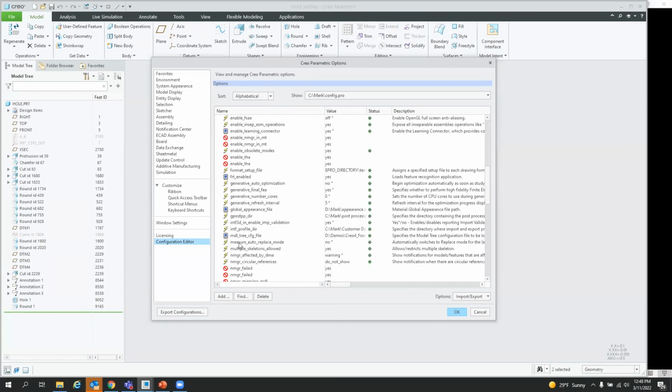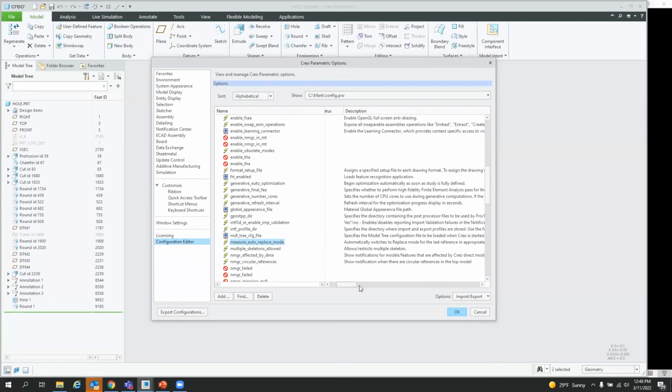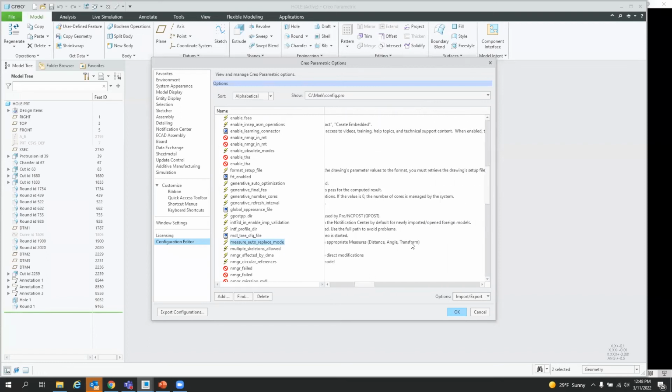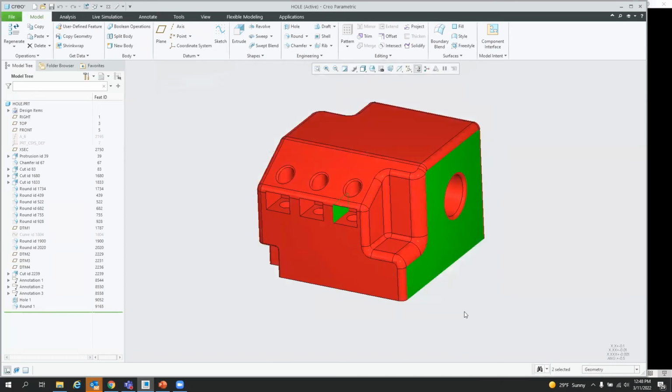Measure something, measure auto replace mode. If you set that to yes, and you do a distance, angle, or transform measurement, replace will automatically be activated for you. So you don't have to go in and do that right click and activate replace. And then along the lines of